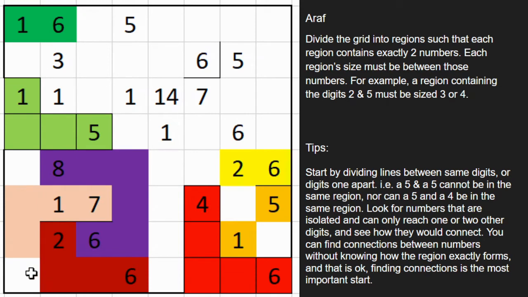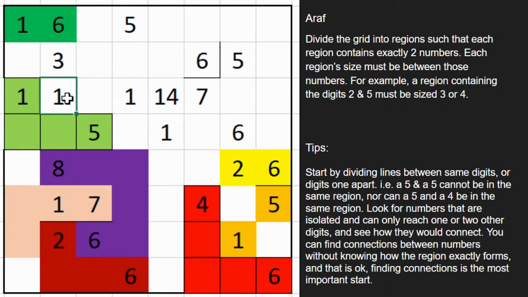But from there, we don't know. It could continue down, or maybe this cell could be burgundy or it could be this peach color. So we don't know. And same with this cell, it could be purple or the peach color. We don't know yet. So we'll come back to that. Let's think about